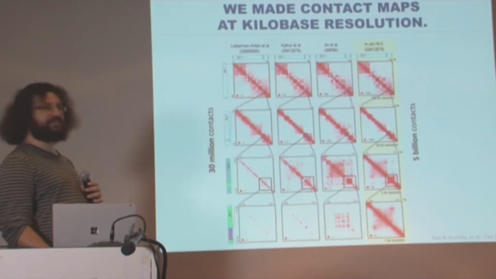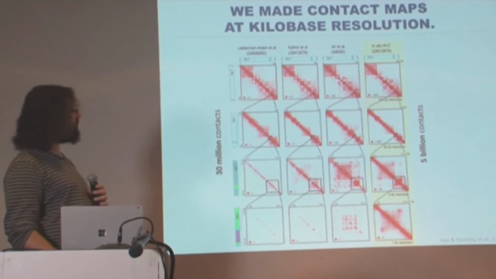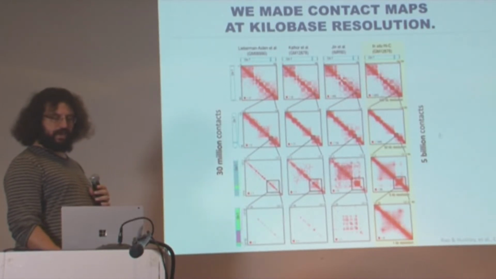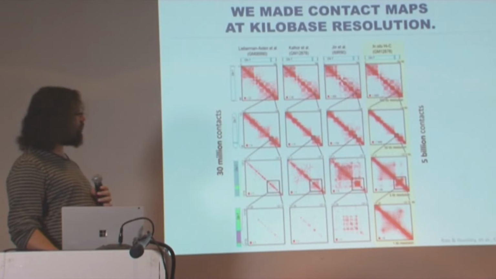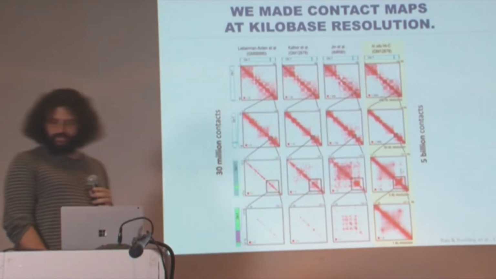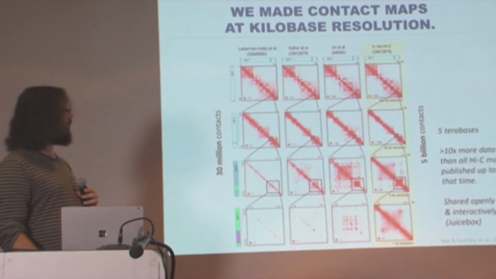And the nice thing about in situ Hi-C is that when you combine it with enough sequencing, you could just keep zooming in on the matrix and it would just look better and better and better. And so here we are down at kilobase resolution, and all of a sudden you can see these very, very bright local maxima, exactly as you would expect. And so that's good. We can finally map